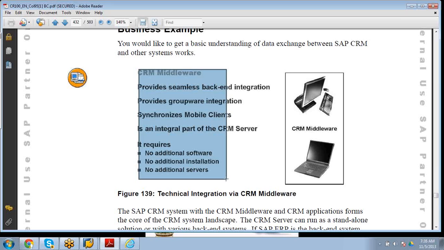Many things are integrated within one piece, without external ones. So though we have external middlewares, having an SAP middleware really provides groupware integration and mobile client synchronization. Mobile is not called integration, it is called synchronization. The main important part is that it is an integral part of the CRM server. It is part of the architecture when you install. It requires no additional software, no installation, no servers.